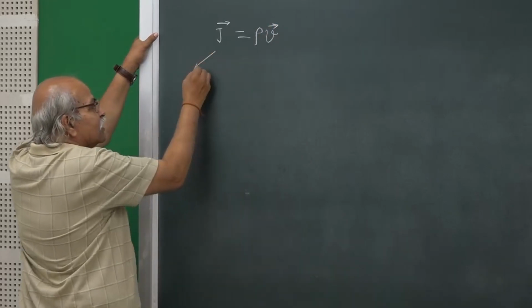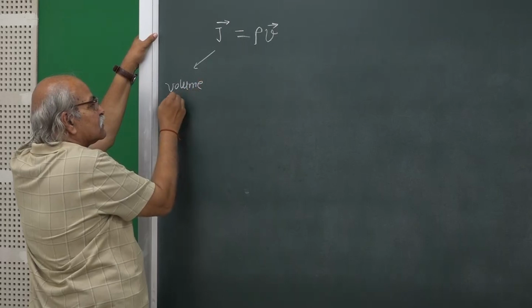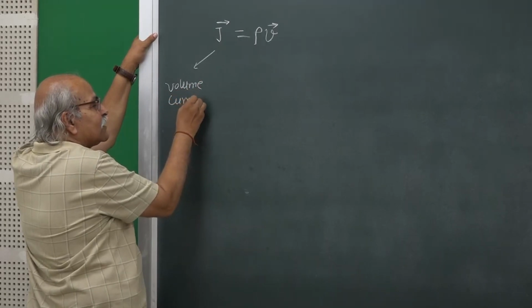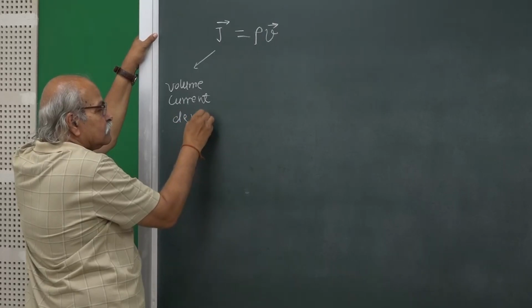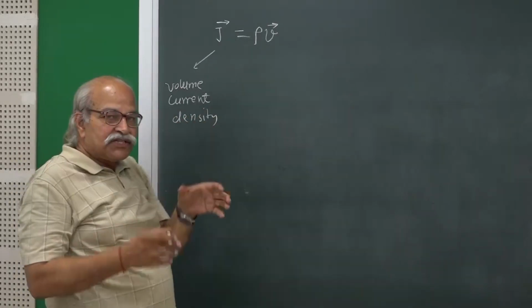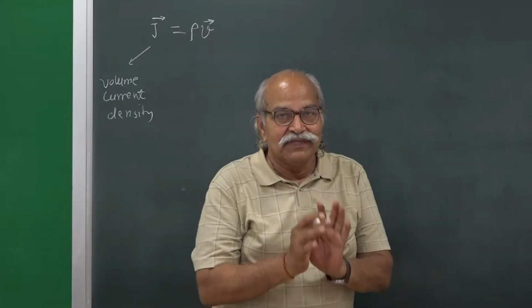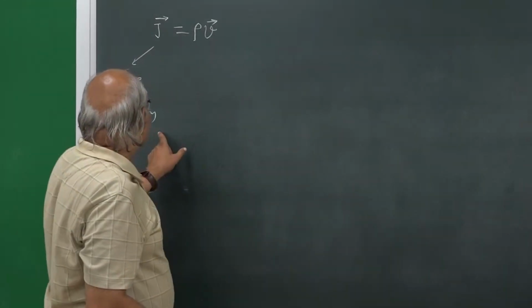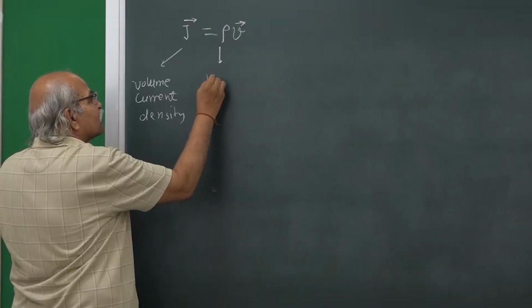So, this is known as volume current density. Why? Because all these charges which are moving, they are distributed in a volume, and therefore, it is known as volume current density. This is the volume charge density,